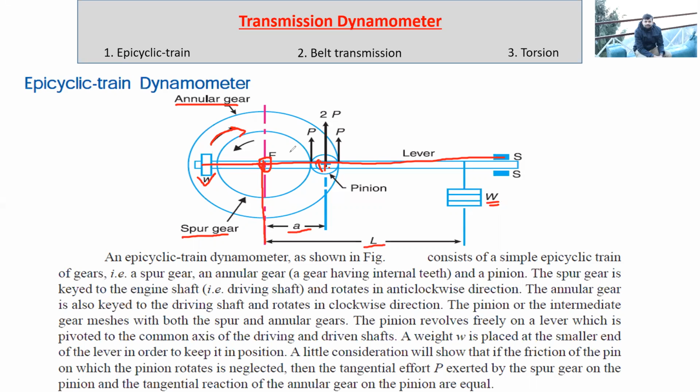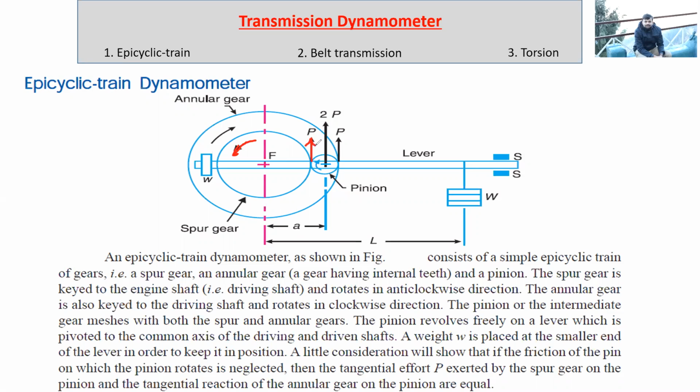Now, what will be the amount of torque that we have to measure with the help of this? When the engine shaft is rotating, let's say anti-clockwise, this spur gear will also rotate clockwise. Since this spur gear is rotating clockwise, the pinion will rotate in anti-clockwise direction. So the tangential force which would try to turn this pinion in clockwise direction will be